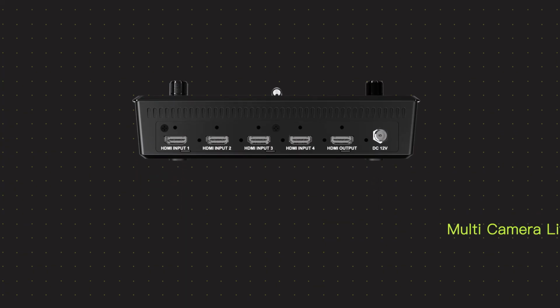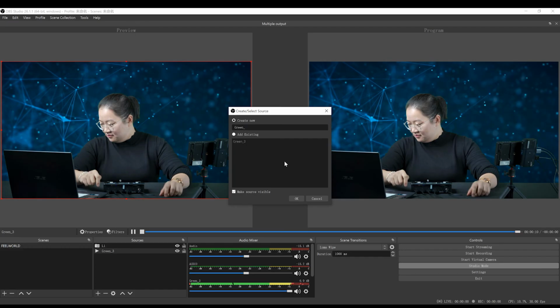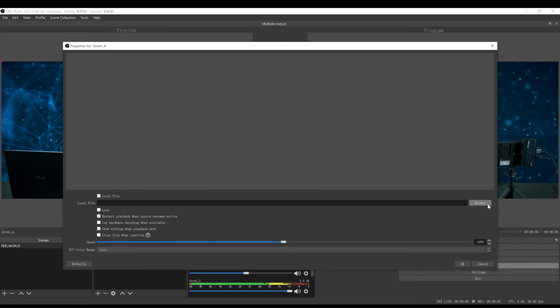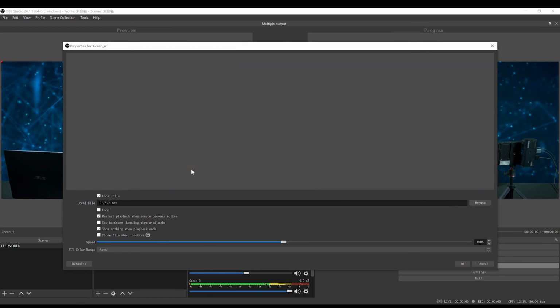Finally, I want to say the advantage of this method is that the 4 HDMI inputs of the L1 can all be used to connect to cameras. That is, there can be 4 camera angles. The second is that the background materials include pictures and videos saved on the computer, which is easy to use and can add a lot of the background materials you want.